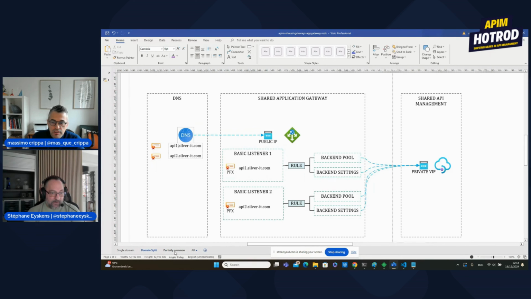In this case, because you are using two different FQDNs, suppose Silver IT1, Silver IT2, or in this case API1, API2, there will be some sort of rewriting in the application gateway, or pointing to a different